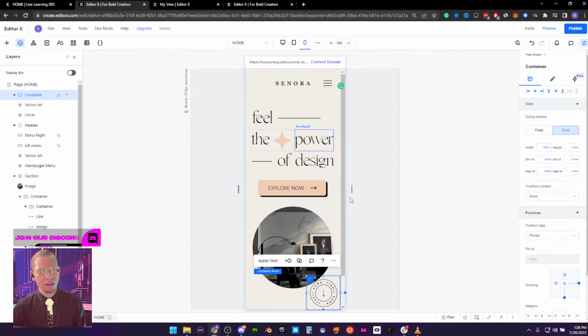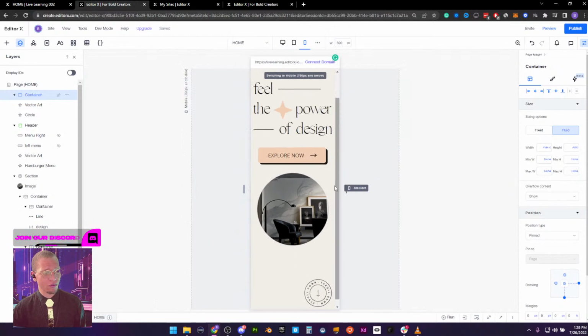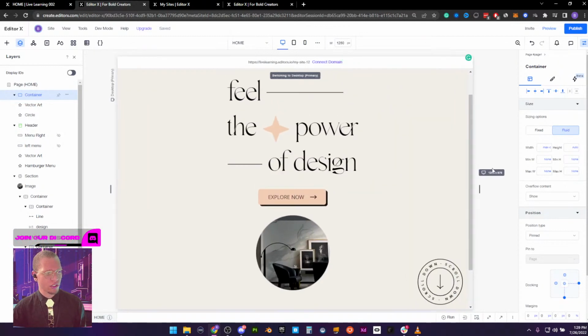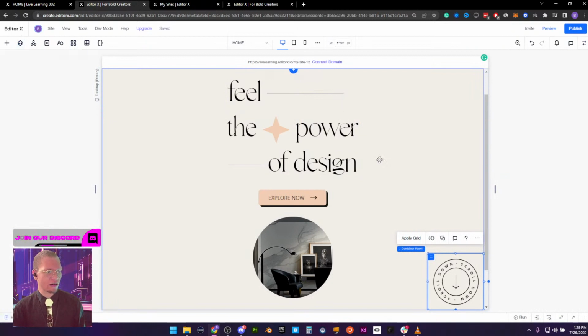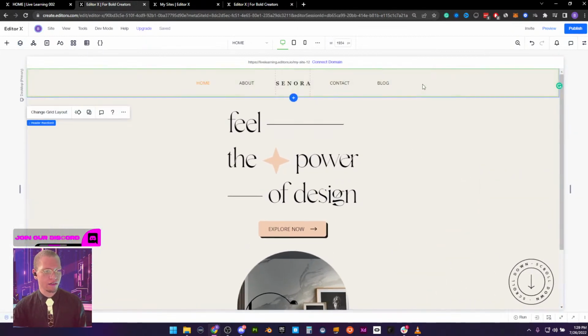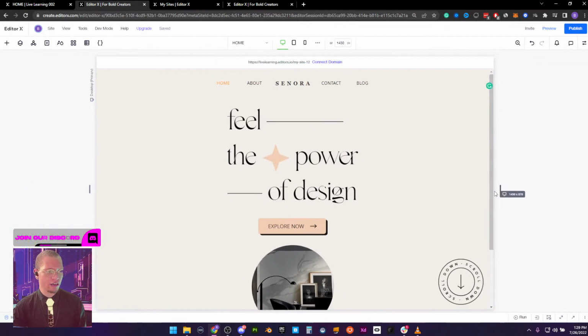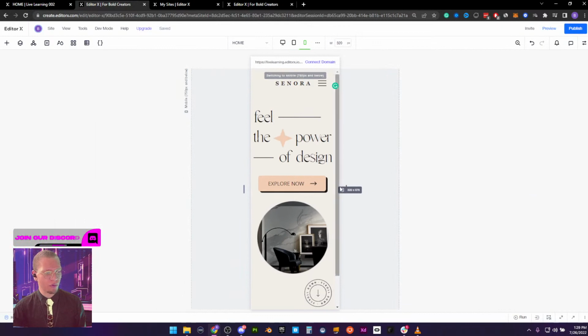Okay, so we're in a good spot here. We've done desktop, we've done mobile, and we have done tablet. But now what we need to do is start playing around with, actually, we're in really good shape. So right now I'm gonna close both my layers panel and my inspector. And basically what I'm checking is to see how this responds. And we're looking pretty good.